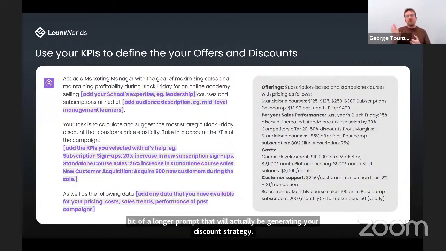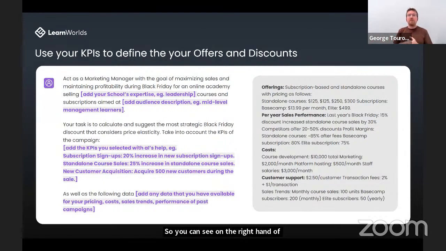So you can see on the right hand of the screen what we used in our own example. We provided our current offerings and the pricing points that we have, the previous year's sales performance, what the competitors are doing, some stuff about costs, as well as how much our customer support is currently costing us, and sales trends.